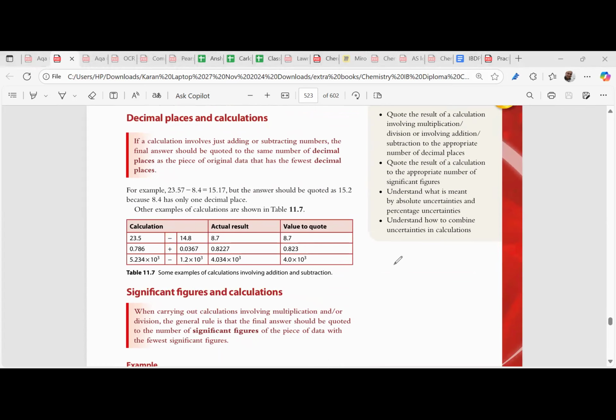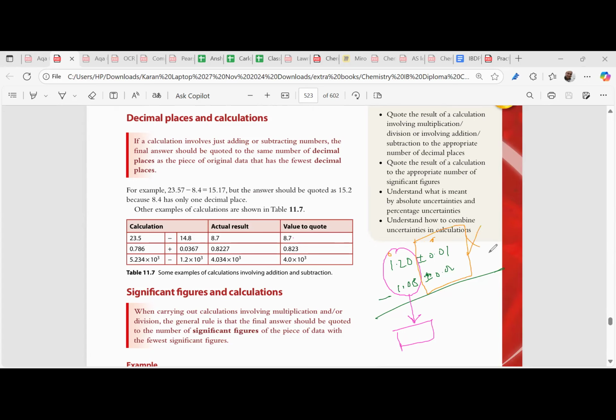Suppose you have got values like this: 1.20 plus minus 0.01. You are subtracting it from 1.08 plus minus 0.02, right? So now listen to this. When you're subtracting or you're adding, what do we do? The main value you have to represent in minimal decimal points. Is it clear? When you're subtracting two values, each having a main value and an uncertainty value,